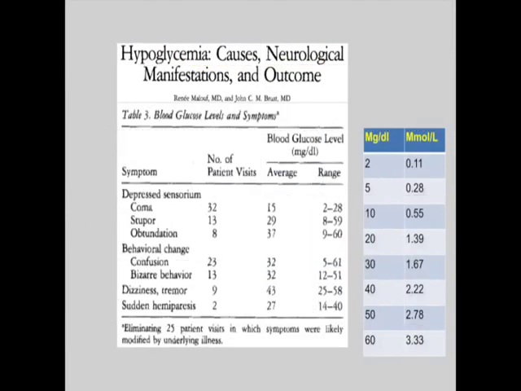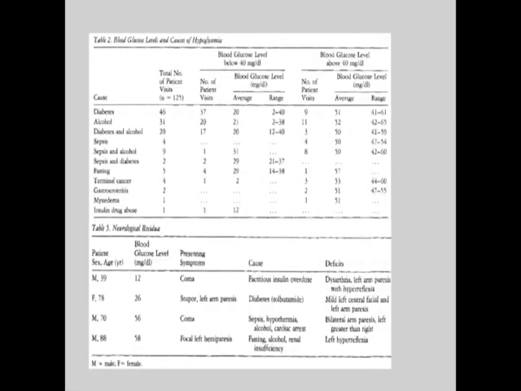So the neurological sequelae of hypoglycemia. One of the early studies in this was in 1985, where they looked at patients who had presented with hypoglycemia and tried to identify what symptoms they had. So you can see here that the majority of patients seem to have depressed sensorium, so coma, stupor, or confusion. This coma typically occurred at about 1 millimole per liter, and the other symptoms had higher glucose levels. The most common cause of these symptoms was diabetes, but you can see here that diabetes and alcohol, sepsis and diabetes were causes as well, which means you should look for other factors or other behaviors or what else is going on in your patient that may be contributing to a change in their baseline.